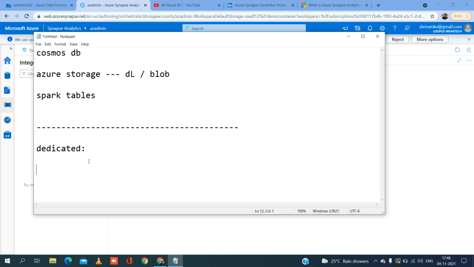For serverless, we saw that you pay in a per-TB manner. But here you're not going to be paying per data; instead, you're going to pay for data warehousing units. That is about the costing part. When coming to the abilities,